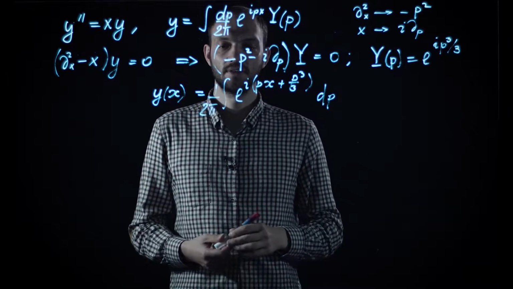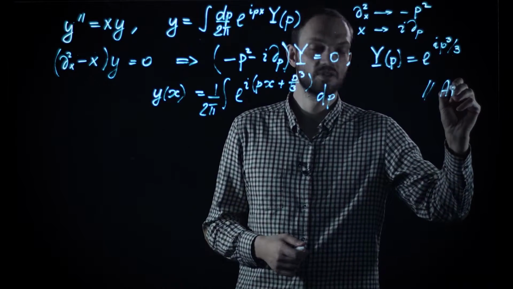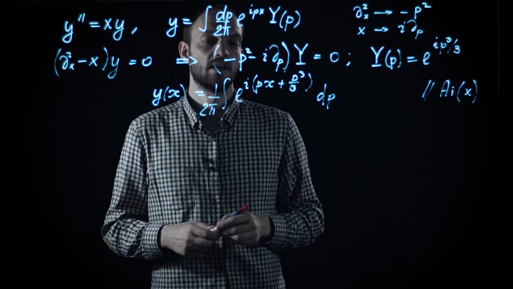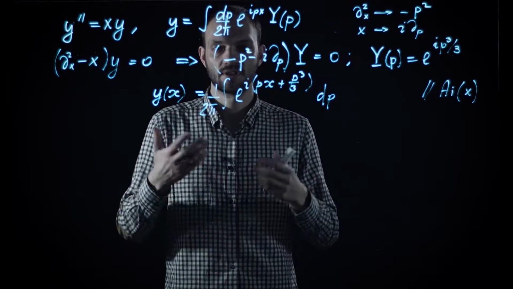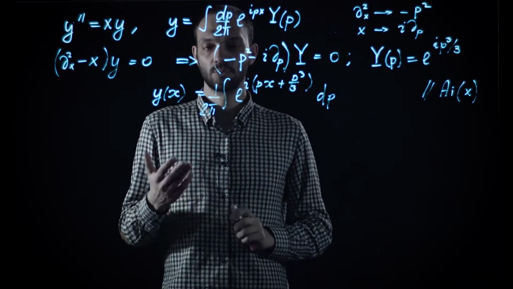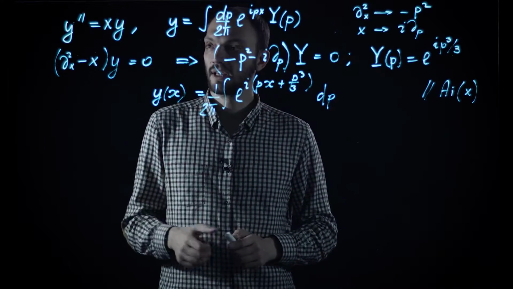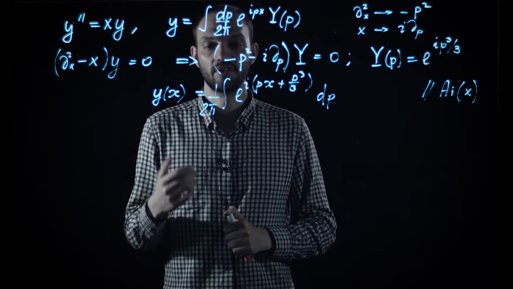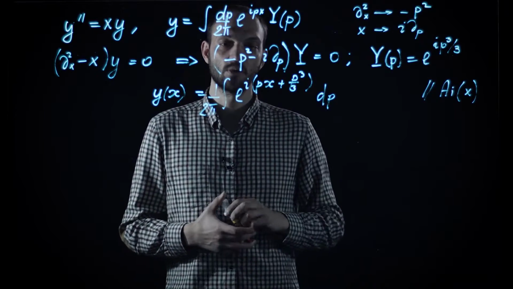In fact, this procedure yields precisely the Airy function. So, a side comment: the normalization here just gives us exactly the canonical definition of the Airy function. And now, as it stands, this expression is very useful and allows us to extract a lot of information about this particular solution. But the immediate question to be asked is, what about the second linearly independent solution? In fact, it happens that in order to construct the second linearly independent solution, it is necessary to go to integration in complex p.